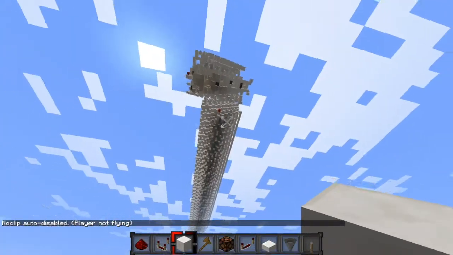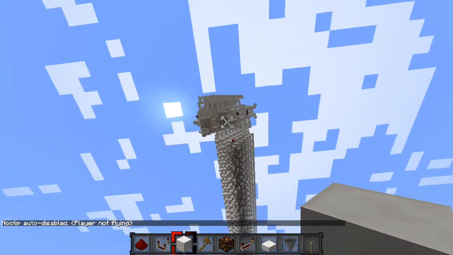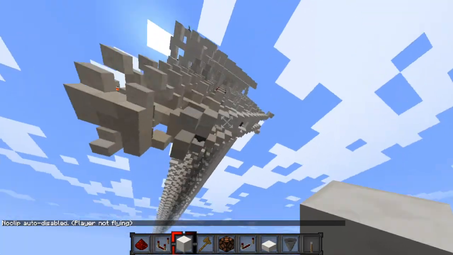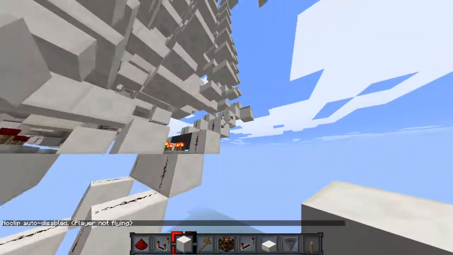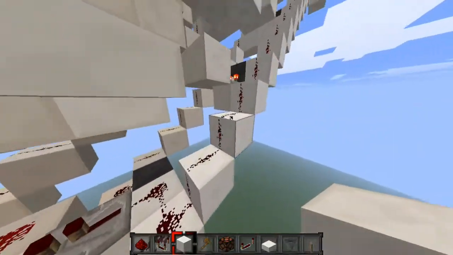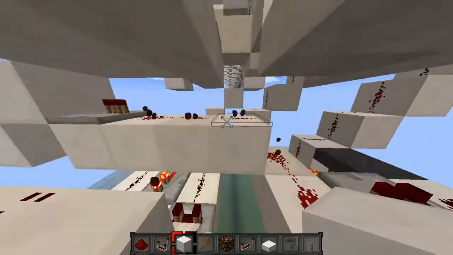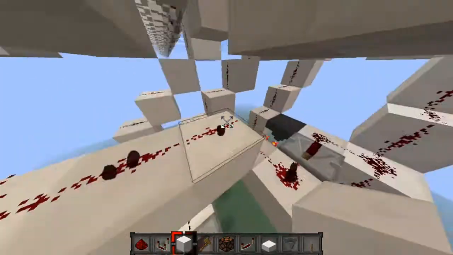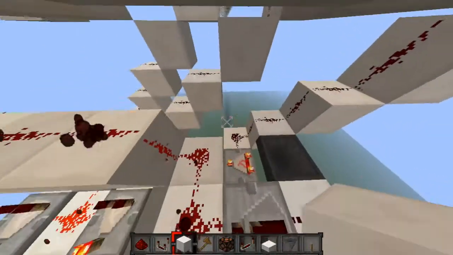Now, because of falling, because of similar reasons to these wires, what we can actually do is we can have the power start at one source, and then when it arrives at each one of these, we can just make it so that